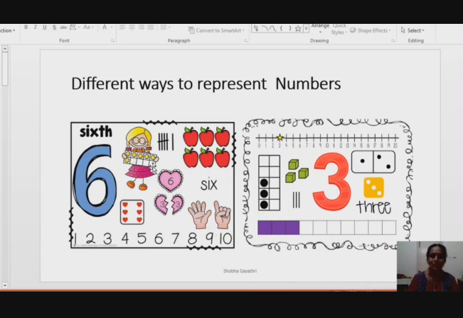Here, one girl is showing 6 digits in her flashcard. There are 3 dots here. Out of 10 squares, 3 squares are shaded. 3 vertical bars here, 3 cubes here, and your favorite snake and ladder die shows 3 dots here. Here 3 is shown on a number line. Everyone, now you know how to draw the number line and to represent the numbers on a number line.